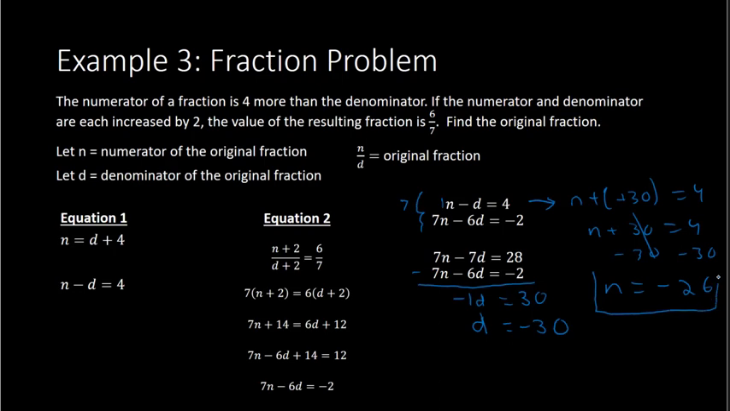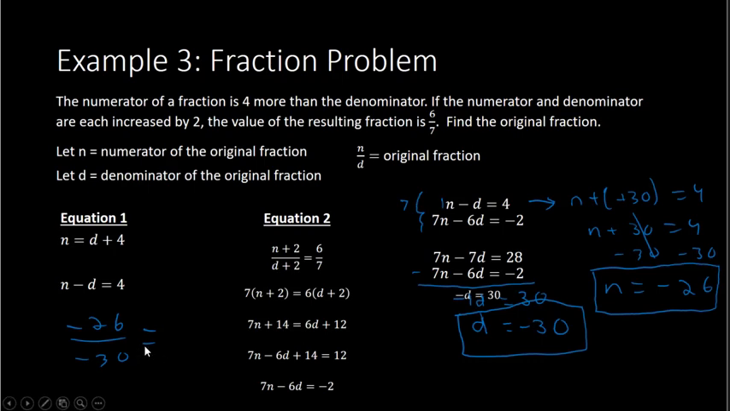So my answer is that n is negative 26 and d is negative 30, which means that the original fraction would have been negative 26 over negative 30, which you can reduce. But there's actually no need to reduce because this was your original fraction and this would be my actual final answer. And yes, it could reduce